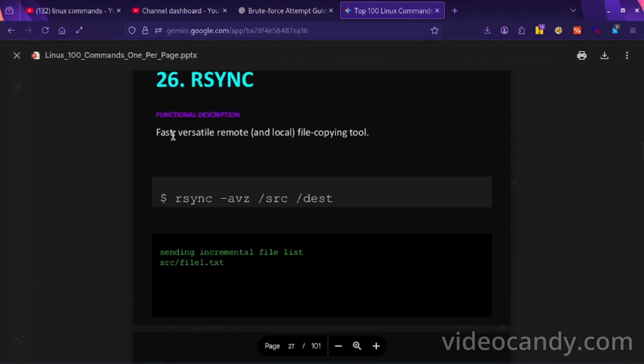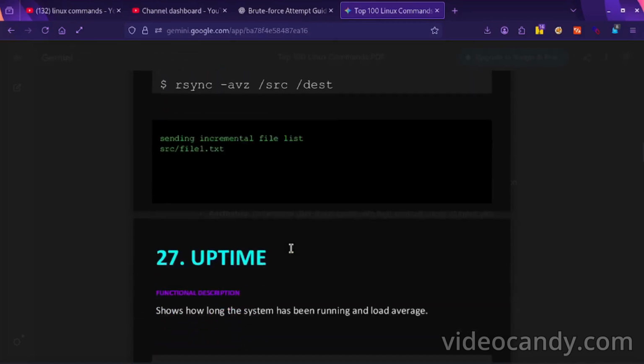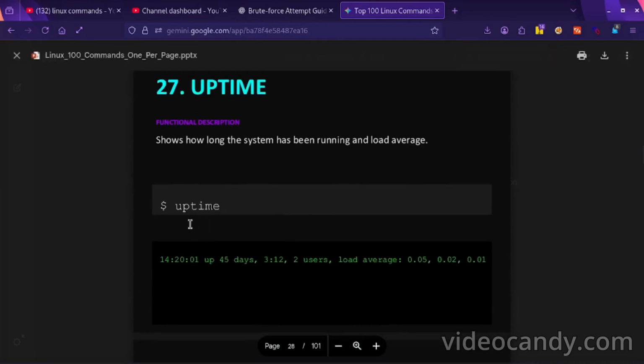Okay, rsync, a fast, versatile, remote and local file copying tool. This is a file copying tool. I had told you already about that.